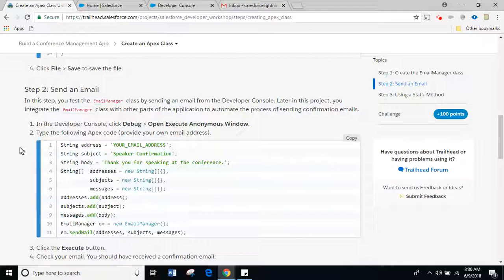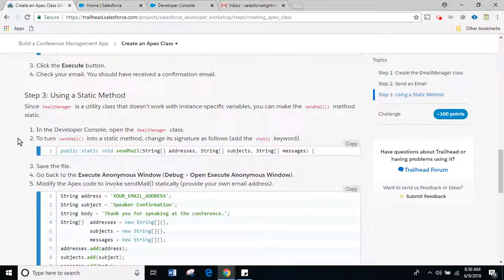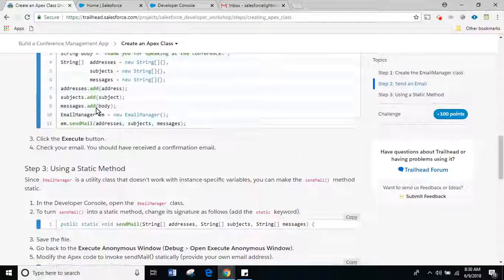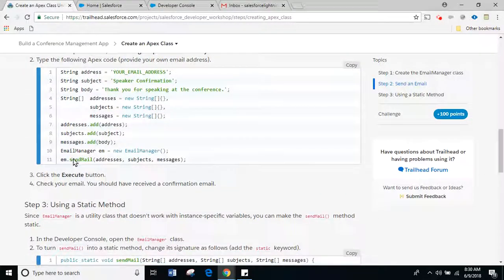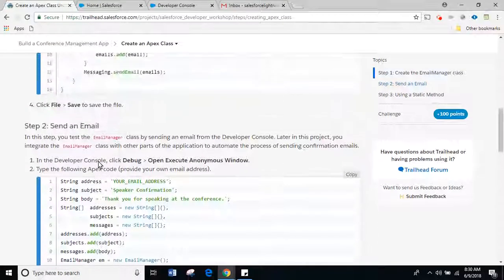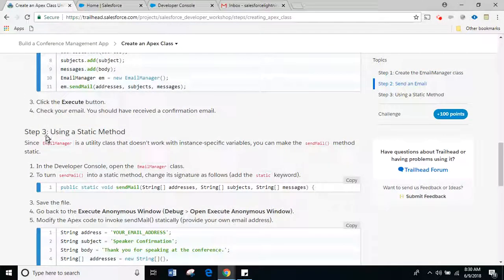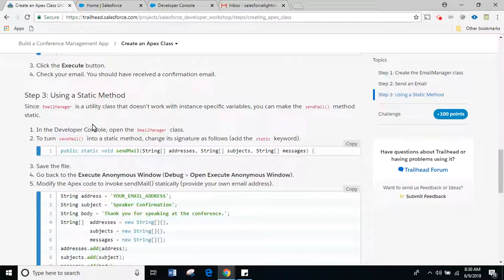So then some minor modifications to the existing code. We are trying to make the method static. If you see the anonymous block that we have executed in this scenario, we are calling the email manager class, creating an object, and then using the object reference em dot send mail. This is the method that we have right here. In the next scenario, we are going to make the method send mail